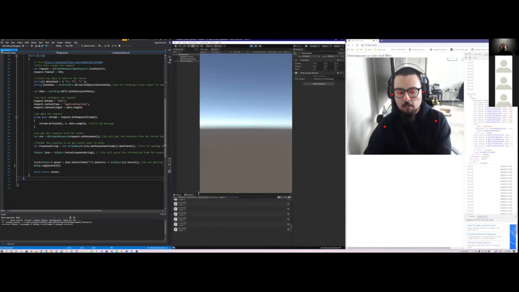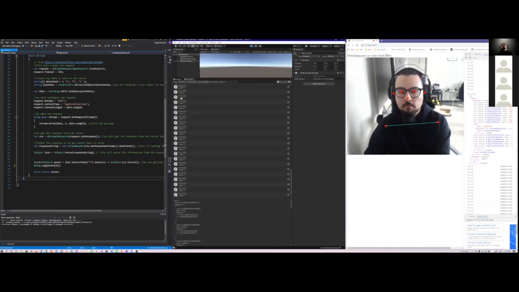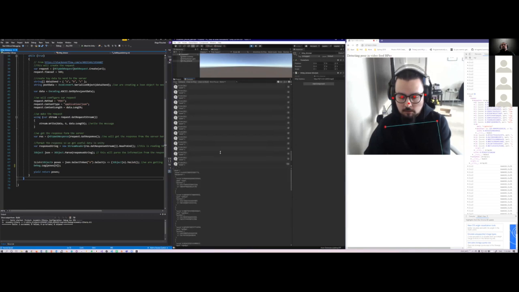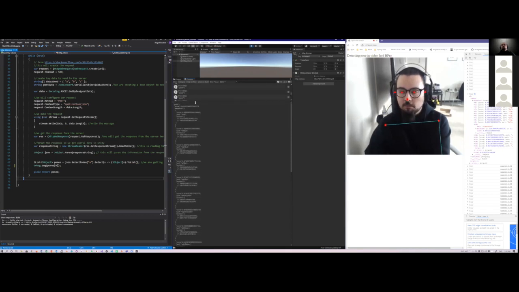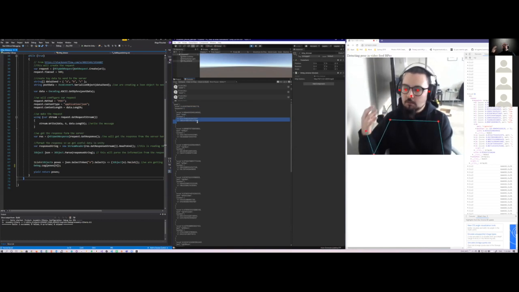There you go. So you see now, if I open this, we're getting all the poses, but here we are getting exactly what we want. We're getting the pose, the score, the key points, and also the position according to the part of the body, the nose, X and Y. So this is actually amazing because now we're getting rid of the limitations of Barracuda, and we can use data from other machine learning. This is why